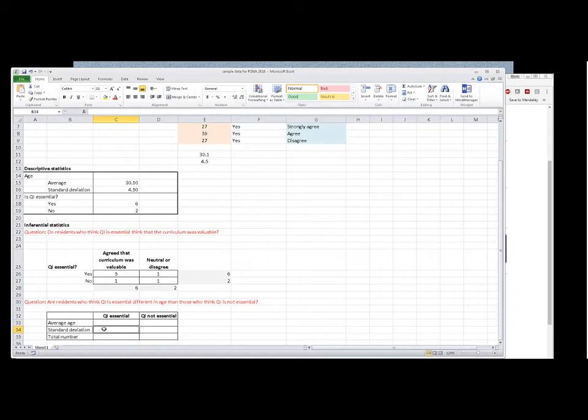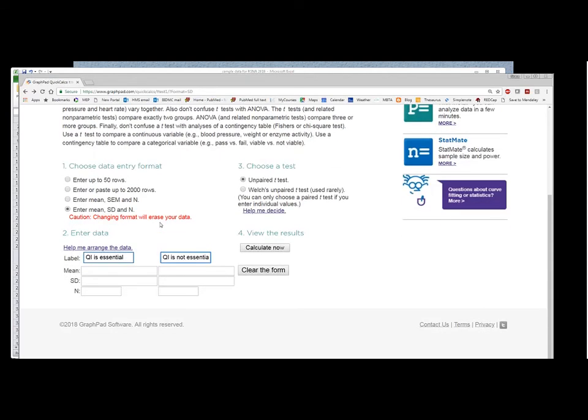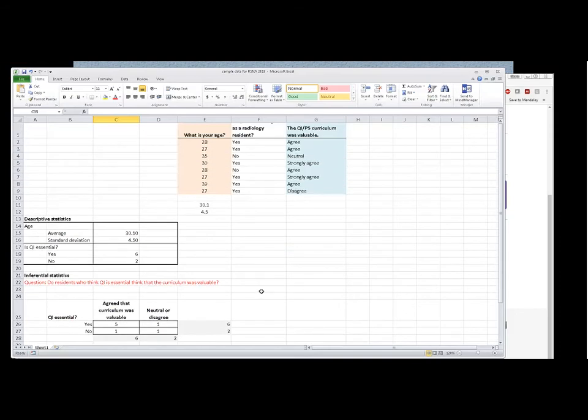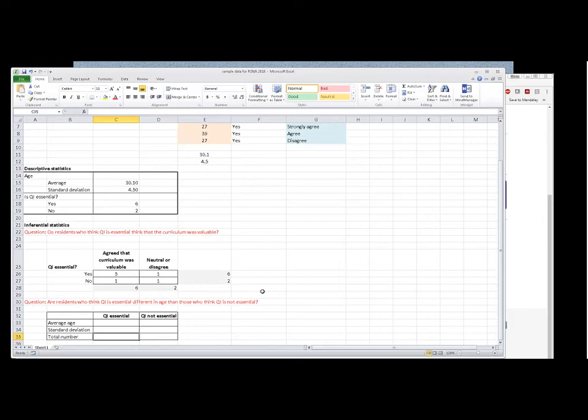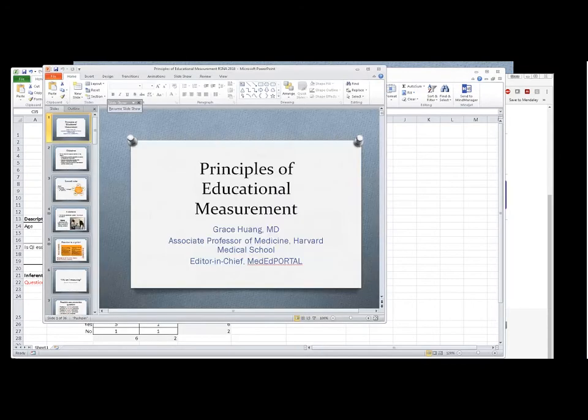Getting the average, the standard deviation, and the total number in each group, and plugging that into something that comes up when you Google online t-tests will allow you to plug these things in and give you a p-value. So again, I know I've gone very quickly through this, but the hope is that you can see that using something at your fingertips like Excel and Google for online statistical tests can allow you to generate the kind of p-values you may need for your educational project. And then moving back to my slides,